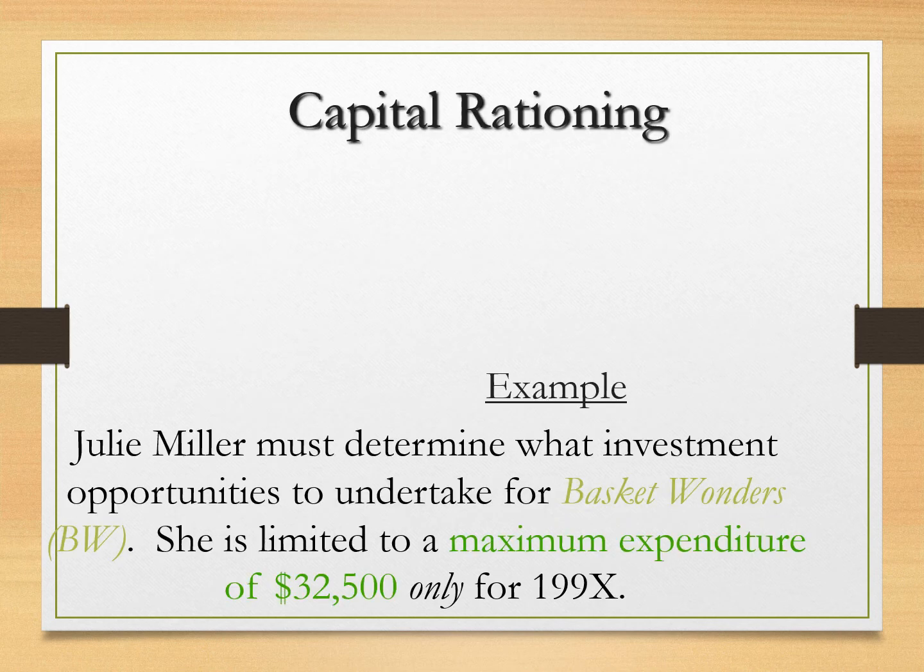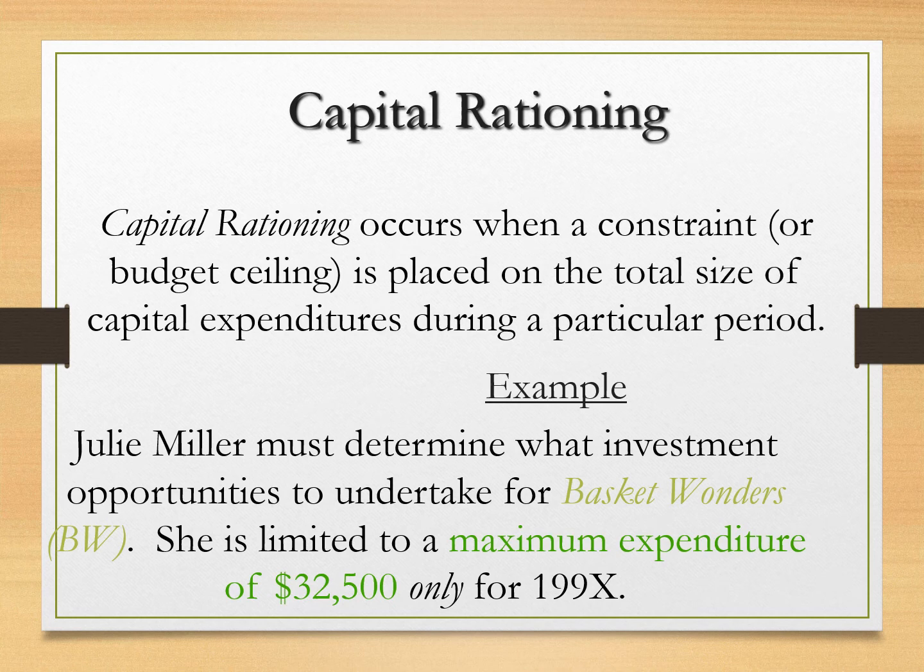Now capital rationing. What is capital rationing? Capital rationing basically occurs when a constraint or budget ceiling is placed on the total size of capital expenditure during a particular period. आपको पता है कि कोई भी फर्म है उसके पास अनलिमिटेड रिसोर्सेज तो नहीं होते, वो एक बजट बनाते हैं। उस बजट में कोई अमाउंट आप रिस्ट्रिक्ट करते हैं कि इस साल में हम इस अमाउंट से ज़्यादा कैपिटल एक्सपेंडिचर्स नहीं करेंगे। फॉर एग्जाम्पल इफ इट इज़ 1 मिलियन, तो आप 1 मिलियन से ज़्यादा कैपिटल एक्सपेंडिचर्स नहीं कर सकते।